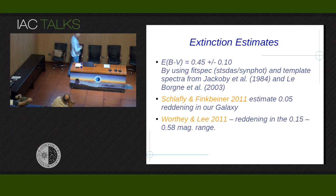So something else that we spent quite a lot of time working on is getting an accurate extinction estimate for the position of the transient, because, as usually happens when an interesting object appears, it is out of the fields that were observed with the DIRECT project during the 90s. That was a project to observe Cepheids in Andromeda and get a direct estimate for the distance to the galaxy. It is also out of the fields that were observed as